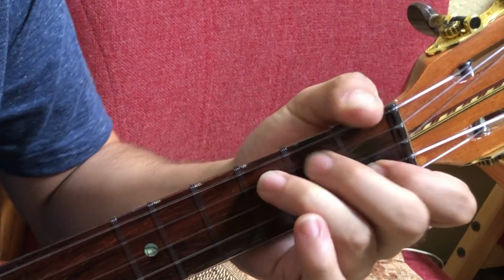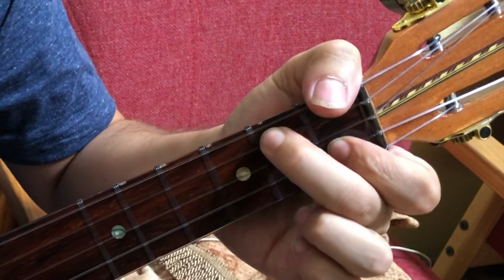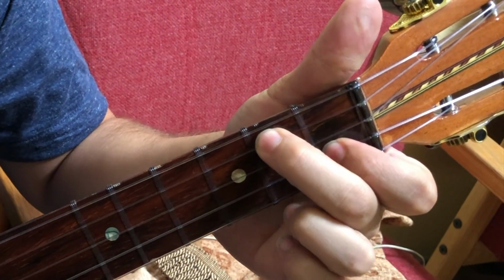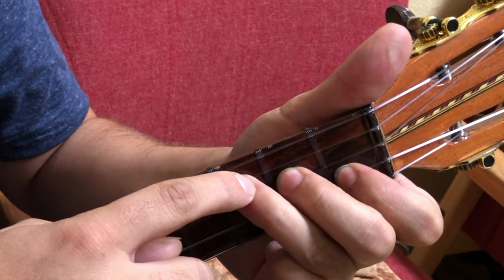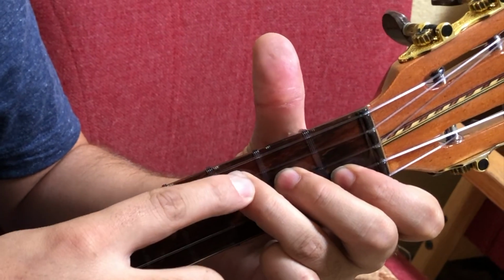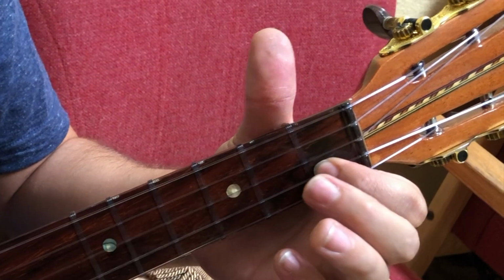Then from C7 we go to F. For F, from C7 to F, we can transition by taking your thumb off, bringing your second finger down one string, and then you're going to add your third finger on the third fret, on the fourth string, the D string. So this D turns into F, this G string turns into A,